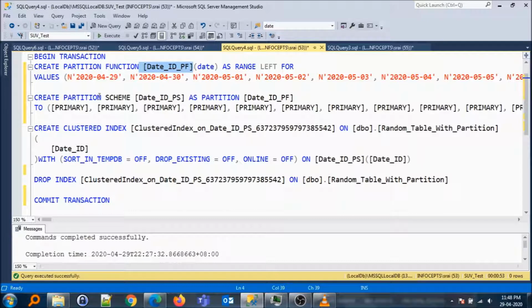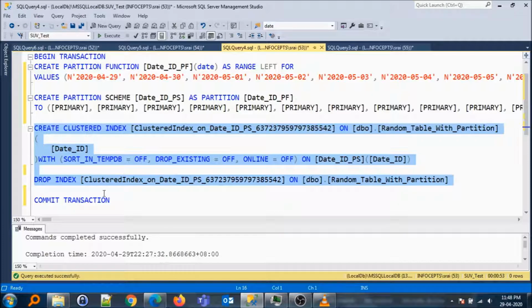Then I have created a partition scheme with the name of date_id_ps, and this is where the actual partitioning happens. If you notice here, we are creating a clustered index on this table which we intend to partition, and we are providing the column name on which this clustered index needs to be created, which is date id.